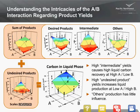And that kind of told us a story, because if you just look at the carbon in liquid phase, we would have said that a high loading of A and a low loading of B were definitely our best catalyst. That's the one we want to use. But if you look at the desired products and things like that, we found that actually a high loading of A and sort of a medium loading of B, or a medium loading of A and a low loading of B, was actually preferable. So you can learn a lot by kind of breaking all of the different components down